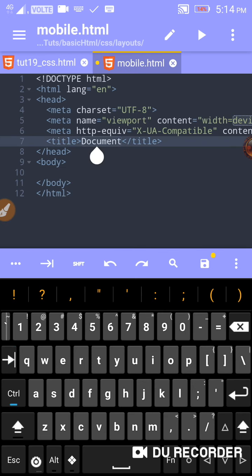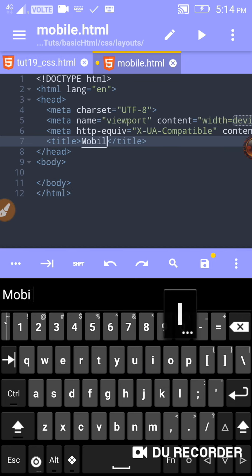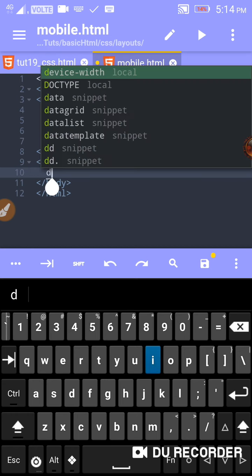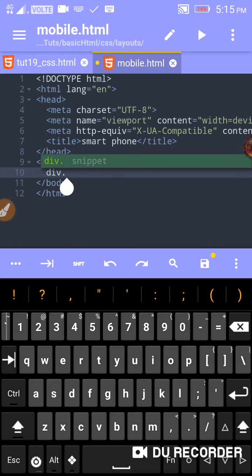Just Alt D to select this mobile phone. I'm going to add mobile phone here, or smartphone. I'm just going to make it smartphone. Sorry for my disturbance. Now here I'm going to make a div tag, div dot container,